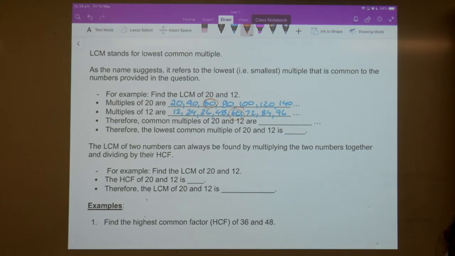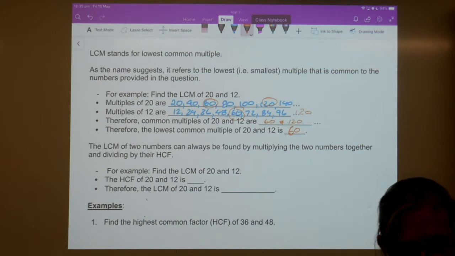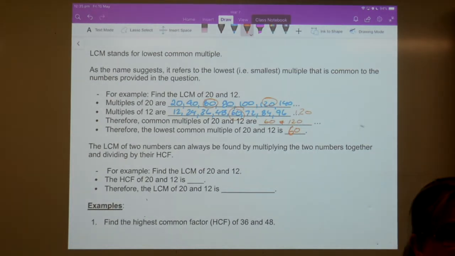120. We kept going. 120 and then the next 60. So at the moment we're going to just put in 60 and 120. So what's the lowest common multiple? 60. Isn't it? And that's something else that you need to be able to do when we're working with fractions